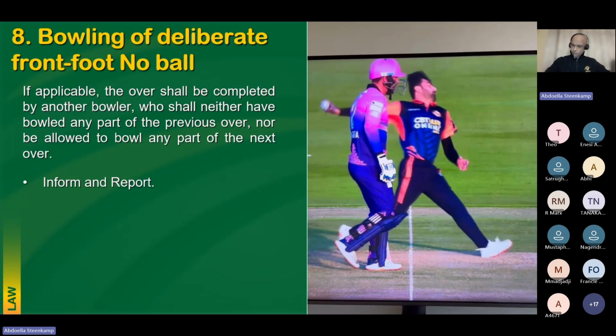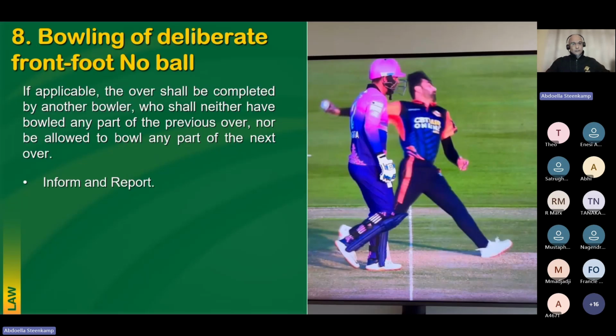And you will inform everyone, and this must be reported to the governing body. So, bowling of this deliberate front foot no ball. It is your opinion as the umpire. You need to make that judgment call as the bowler's end umpire, and you need to take context into account. So ask yourself the question, why would a bowler bowl a deliberate front foot